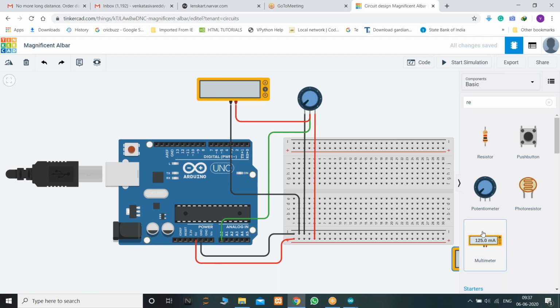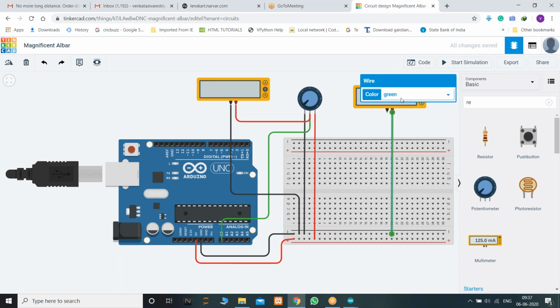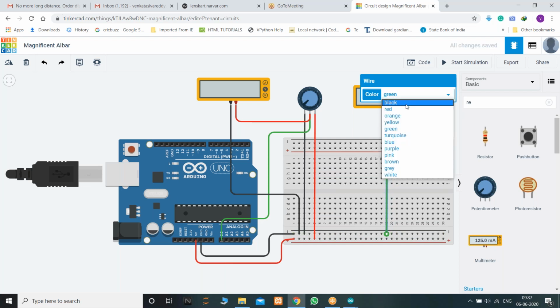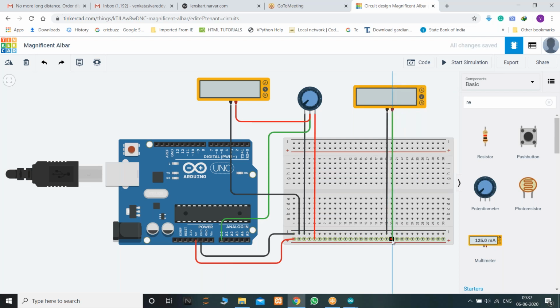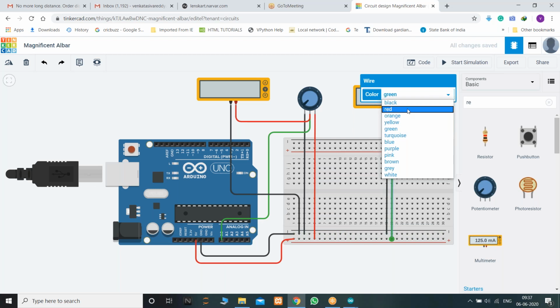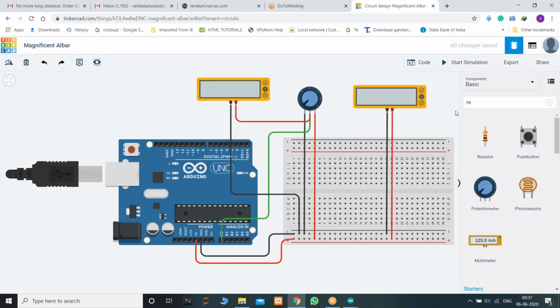Let us make another potential multimeter connection. I'm connecting it. So I'll just show you how much voltage it is generating. It is black, and here it is red color. So I'm showing the total voltage we are giving.